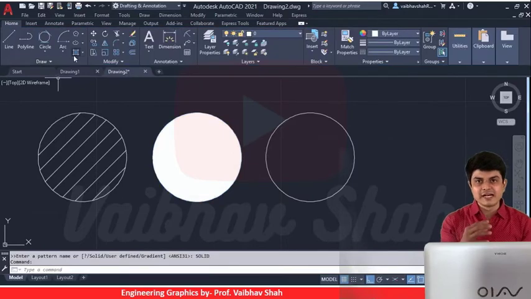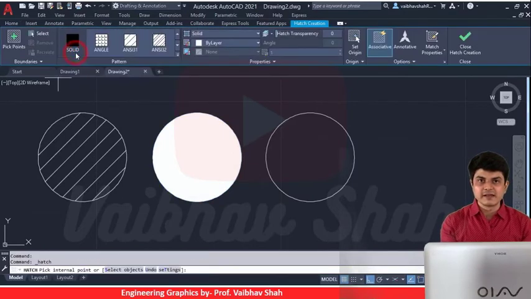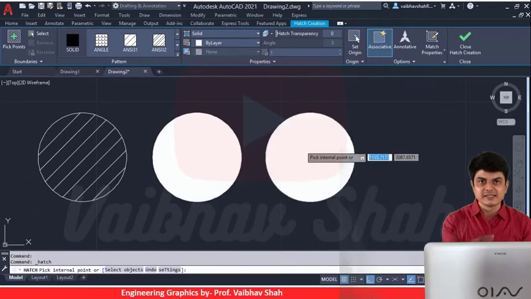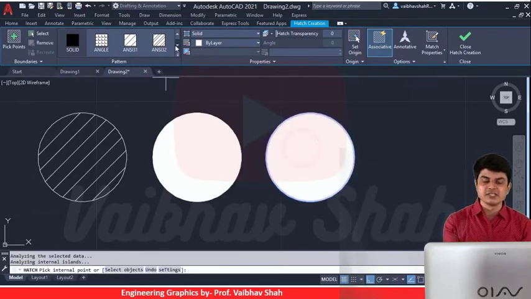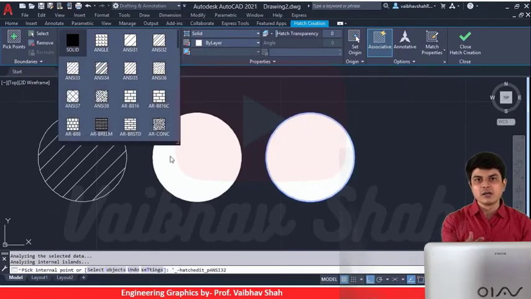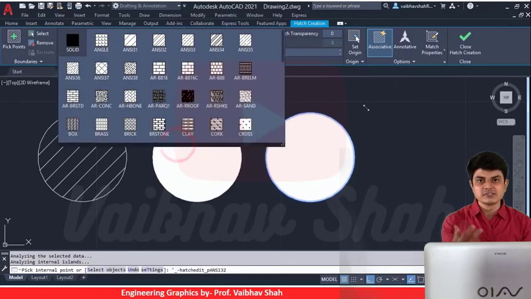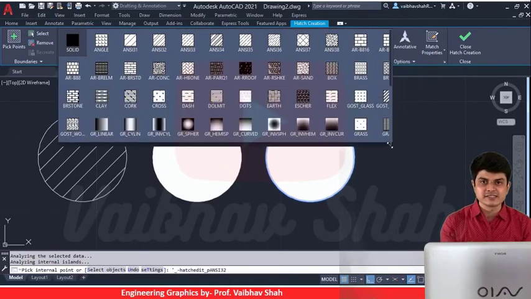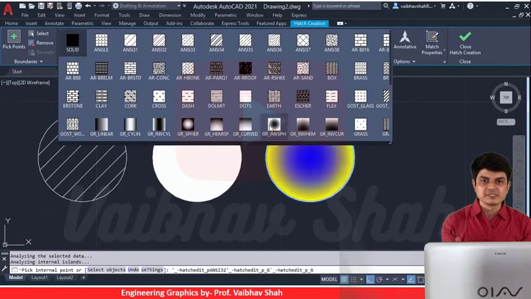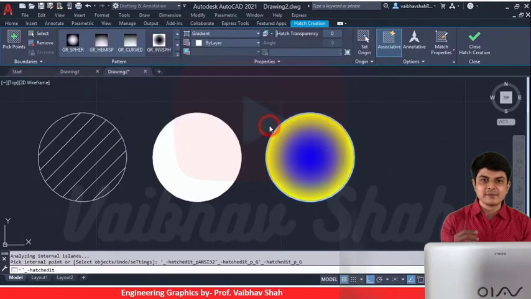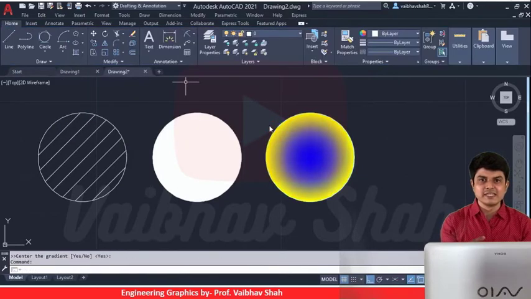And now let me give you a third pattern. So for that I will be clicking on hatch once again. Let us select the internal portion, and then let me change this to one color gradient style. So I will be selecting this color gradient style. Let me select any of the styles, I can select this style and press enter. So you can practically have 3 types: 45-degree lines, solid pattern, and color gradient. You can have different types. As you can see, if you go down, you can have different types also. So this is how you can give the hatch.